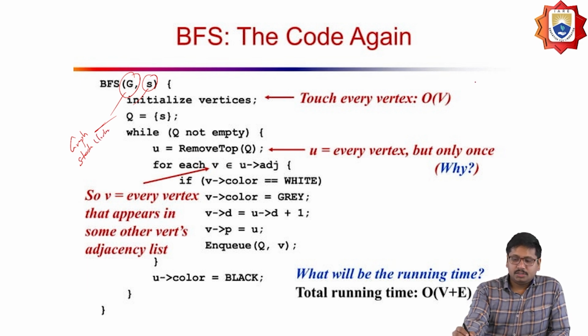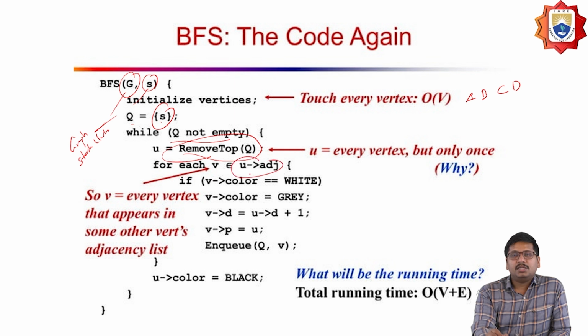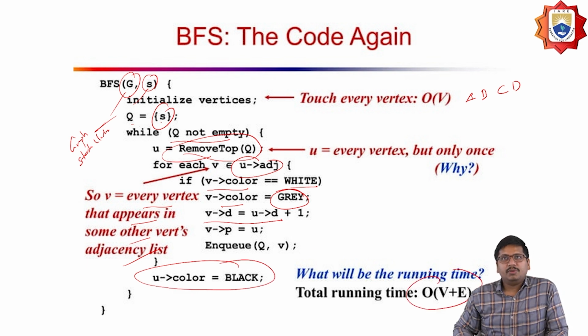Initialize the vertices, and initialize the starting vertex to Q. While Q is not empty, remove the front of the Q. And then for each vertex that is adjacent, if v.color equals white, set v.color equal to gray, and set v.d and v.parent. That means every vertex that appears adjacent is processed first, and then its color is made black. And the total running time of this algorithm should be equal to